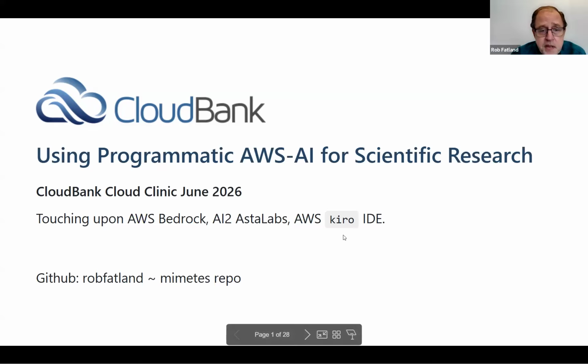And all the stuff in this presentation is available on GitHub. My username is Rob Fotland, all one word, and the repository is called Mimetes, which is just a Greek word that means imitator. I'm using that repo to imitate doing research.